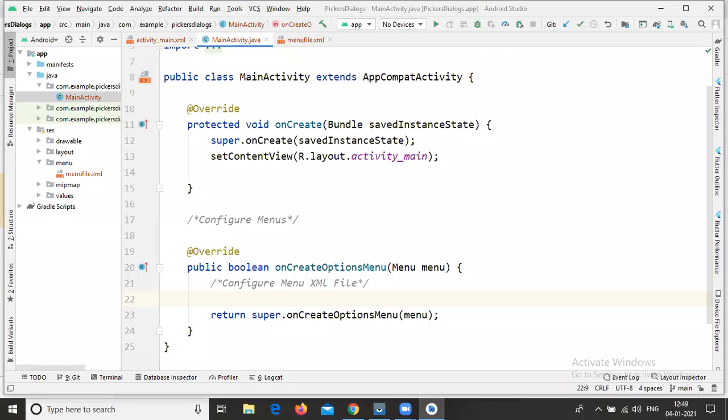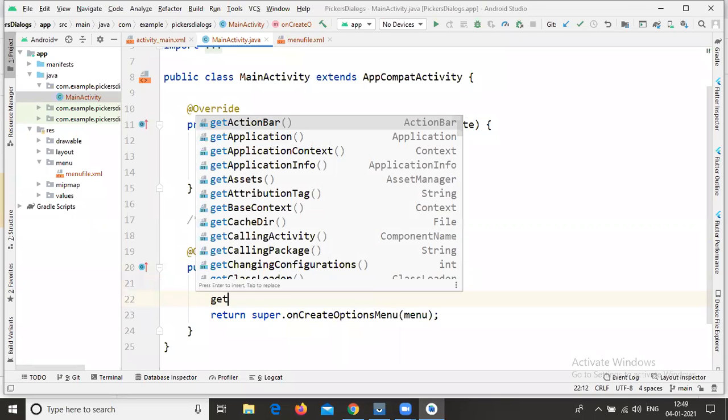Now coming to the concept. After implementing onCreateOptionsMenu, we need to configure the XML file. How to configure this XML file? With the help of the following syntax, that is getMenuInflater. getMenuInflater is a method. Just type it above the return statement.